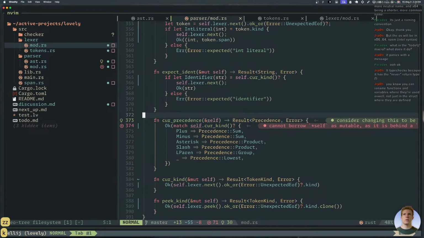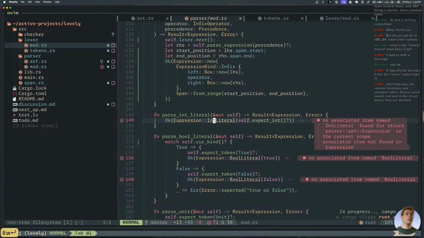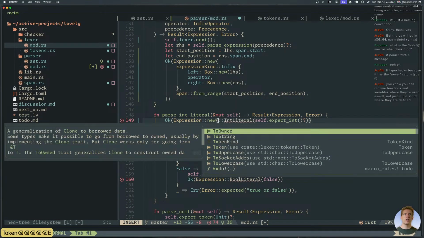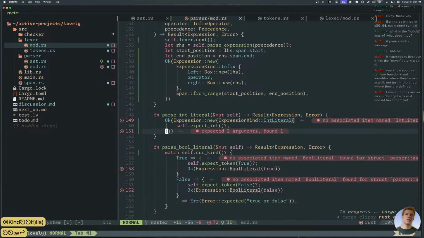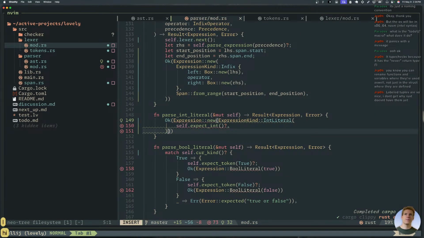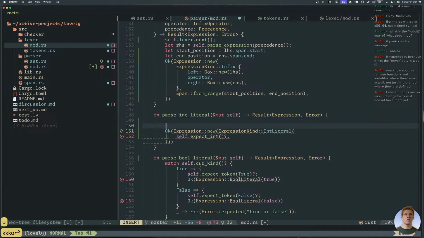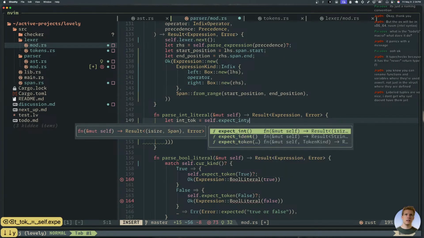We're still at 71 errors because we fixed one and made another. So now this parse int literal will help us out. So expression new, no, expression kind, and then span. Okay, wait, we need to do this differently. So say let int token equal self dot expect int.